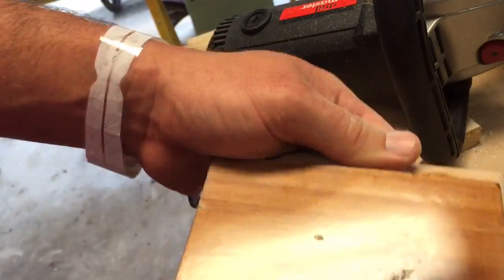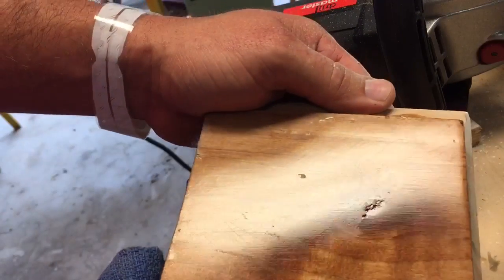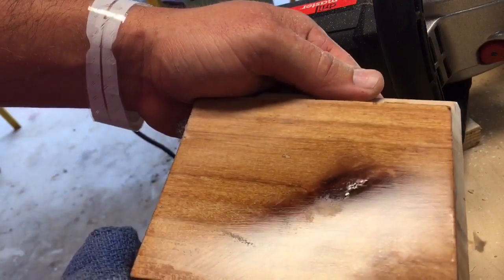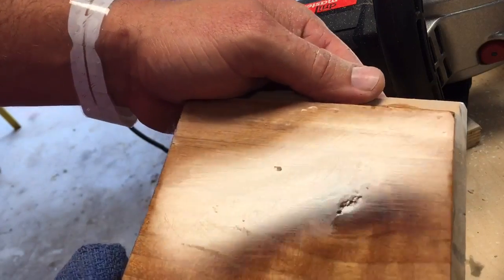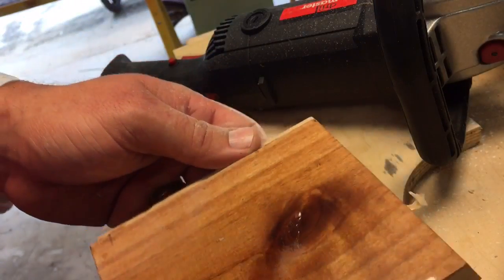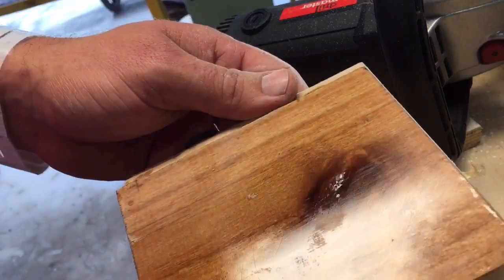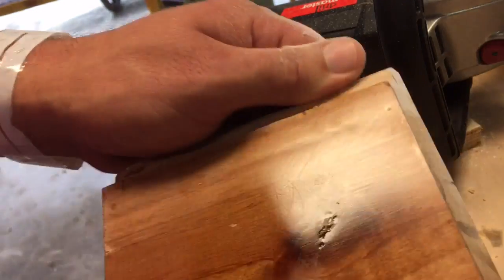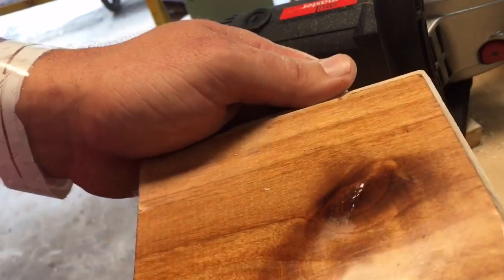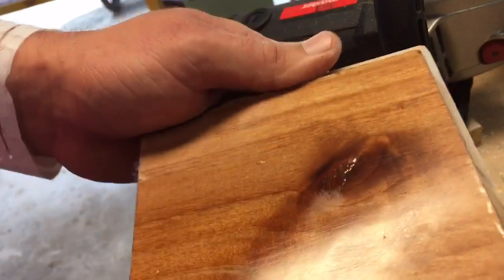Got some sanding scratches in it. Like I said, it's pretty hard stuff, so it's going to imprint with sanding scratches until you get to the finer grits. A lot of people just tell you to sand with the grain, that way you don't see them. Whatever you want to do. There you have it. Very little effort. It's harder to work with the epoxy when you're sanding and things like that, but it does give you a pretty flat finish. It's sandable, a lot more durable than the